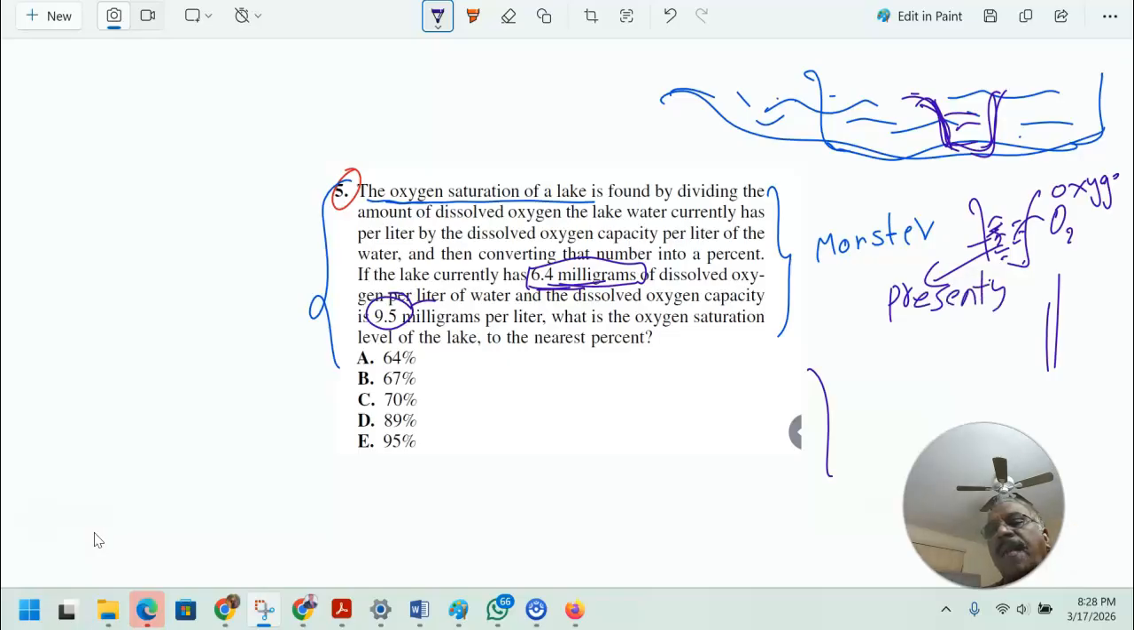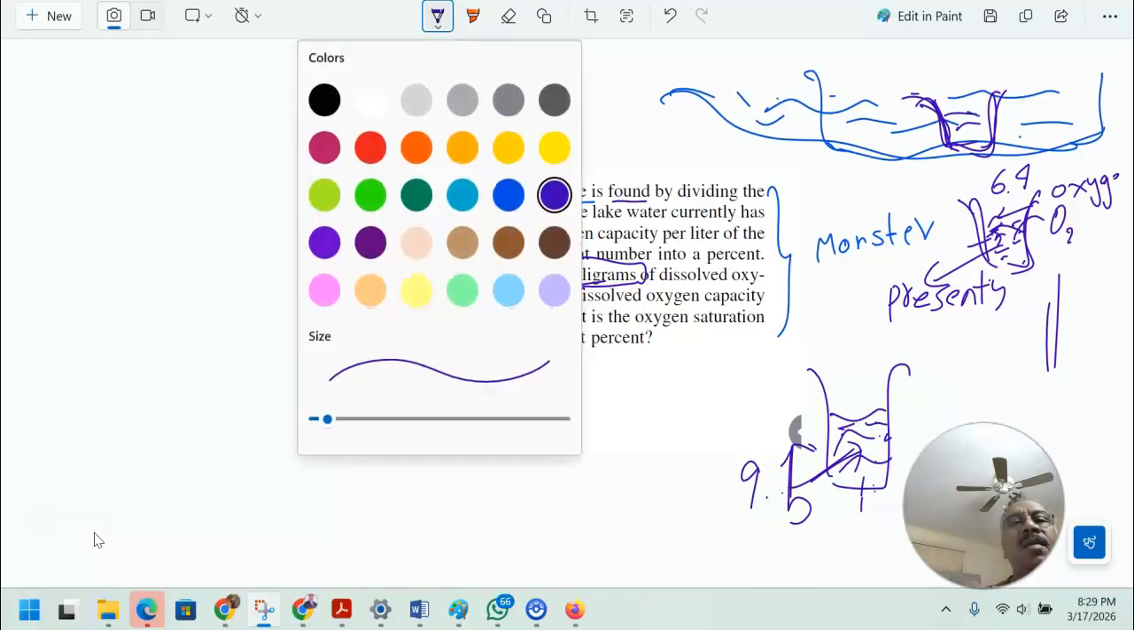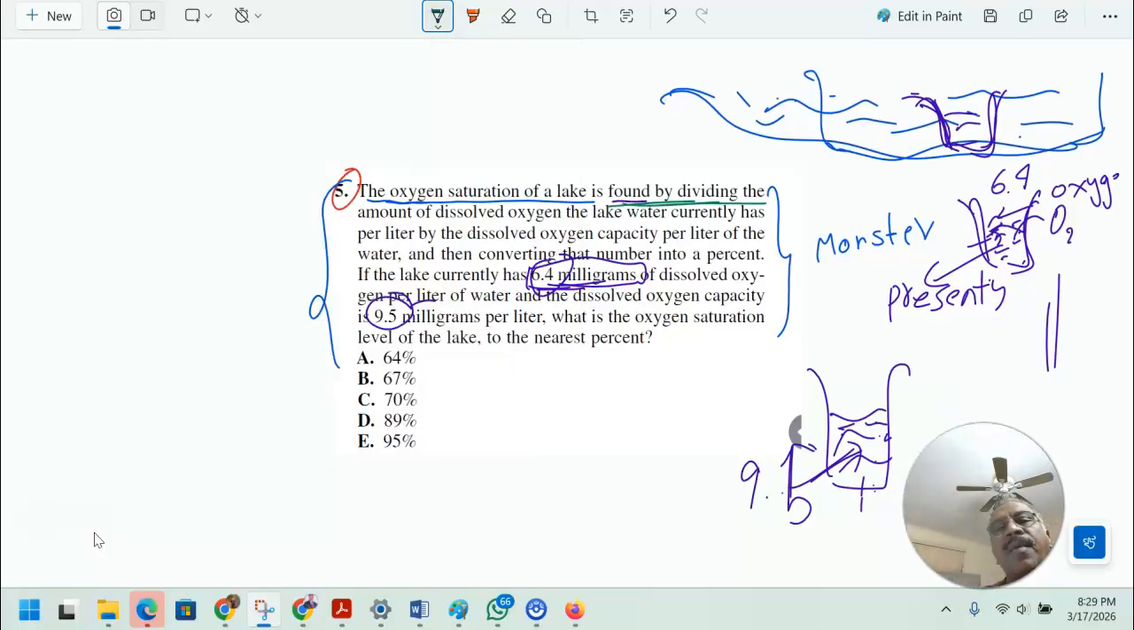Presently, every 1 liter of the lake contains 6.4 milligrams of oxygen dissolved in it, and the maximum capacity for oxygen to dissolve is 9.5 milligrams. That means nothing more than 9.5 milligrams will be dissolved in regular water. Now, the question is already letting us know that it is found by dividing the amount of dissolved oxygen the lake water currently has per liter by